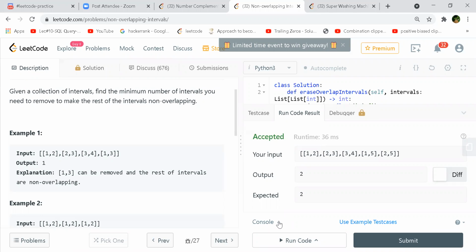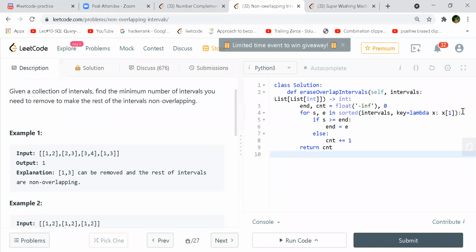What Shashank is saying is that sorting by end is helping us in some way. Right, because 1 5, which is having a larger span, will always come before 2 5. That makes sense. So we will actually remove 1 5 in that case. We removed it, but we saw again 2 5 is actually taking more overlapping intervals out of our current intervals. So therefore we have to remove 2 5 also. Yeah, makes sense.